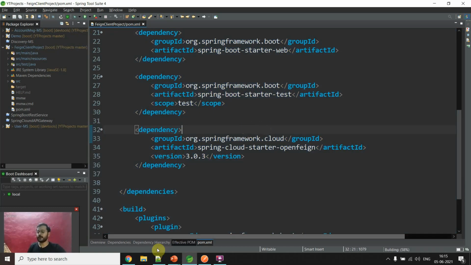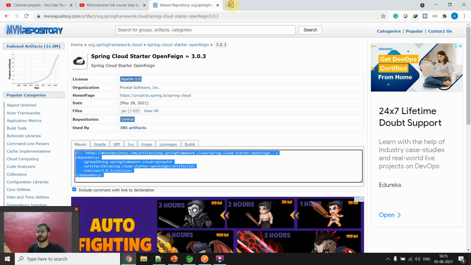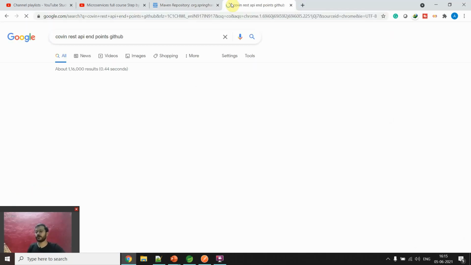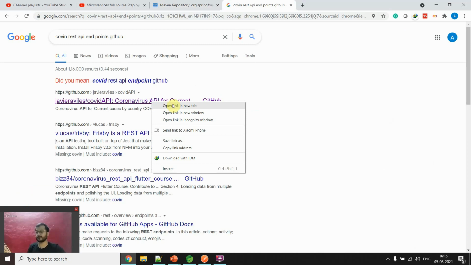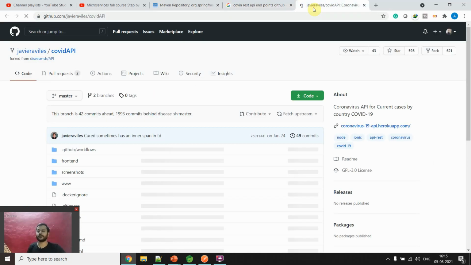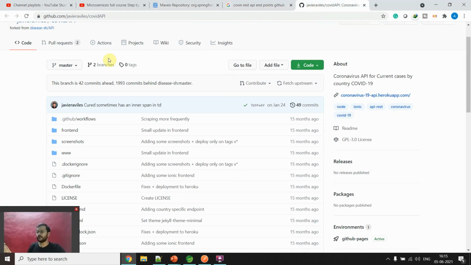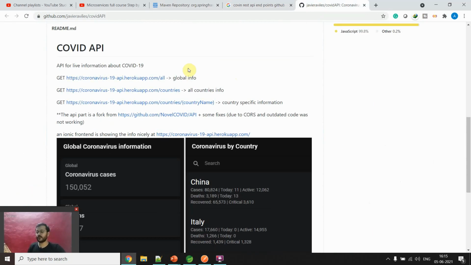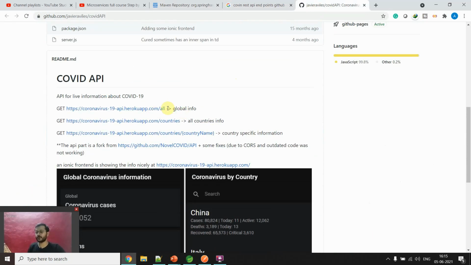Now what we want to develop here, let me check it. Yesterday I found this, so I thought I will explain with the help of this example. This is a real-time example, it will help you to understand. I found this on GitHub. This is an API which gives you the result of COVID cases on the basis of global cases, right, and on the basis of countries. So let me show you how it will give you the result.